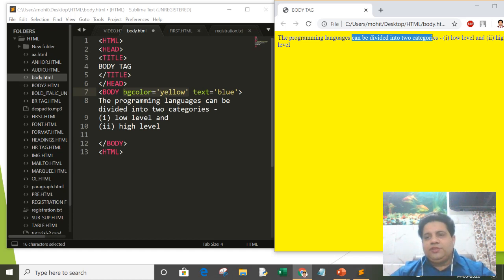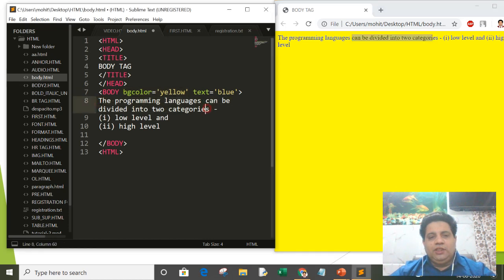But have you noticed one thing? In the editor window, I have written low level and high level on different lines. After into two categories, I have pressed the enter key, and then I have written number one low level, then again I have pressed the enter key, and then I have written high level.